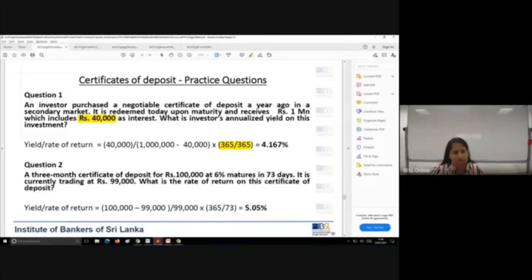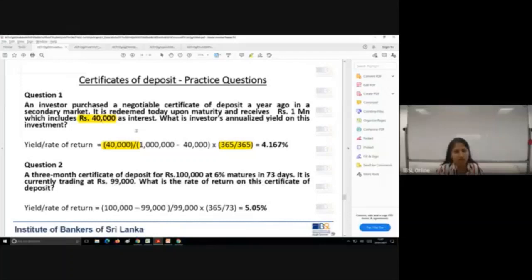Okay. But here, what is tricky is you know your return from the interest. Okay. But you don't know whether there is any return from the capital gain side. Okay. There is nothing for you to talk of that. It doesn't essentially tell you about that. So you take your return, what they have given in the calculation of 40,000. What is the amount or the price that you paid to buy that? They have not given that detail as well. Then what do you do? You essentially assume that you paid the entire capital amount 1 year ago.